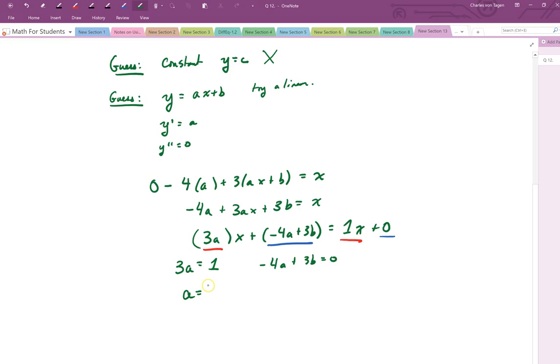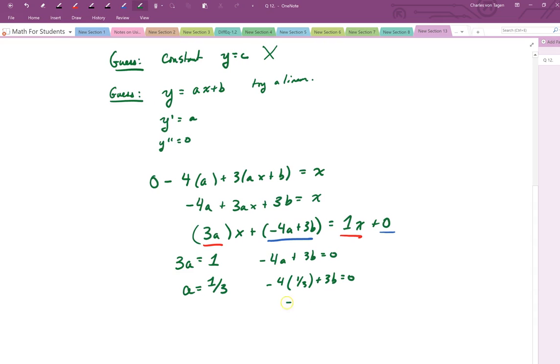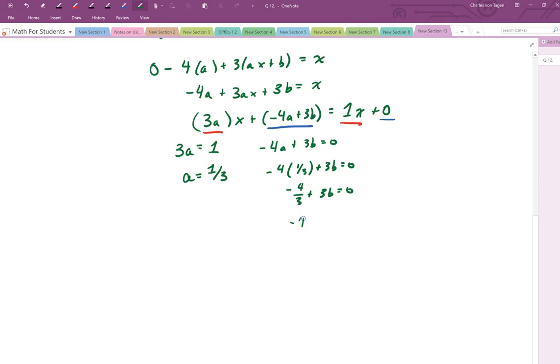So solving the first, we get a is equal to 1/3. Going ahead and substituting that into the second, we get negative 4 times 1/3 plus 3b needs to equal 0. This gives us negative 4/3 plus 3b equals 0. Multiplying both sides by 3 might be the best thing to do. This gives us negative 4 plus 9b equals 0, or b is equal to 4/9. So we think that our guess y equals 1/3 x plus 4/9 is a particular solution